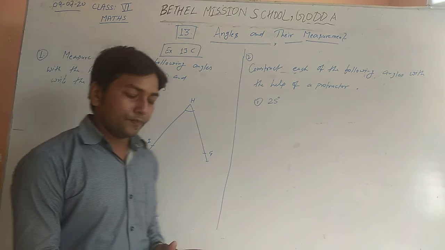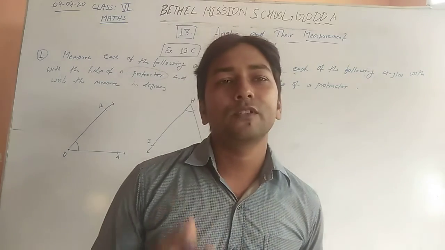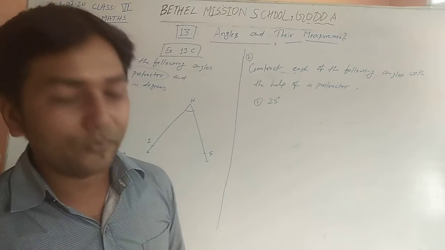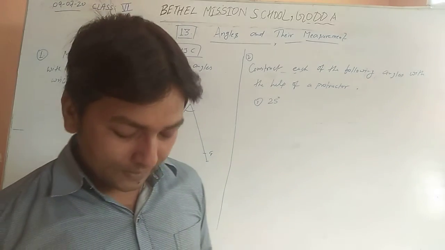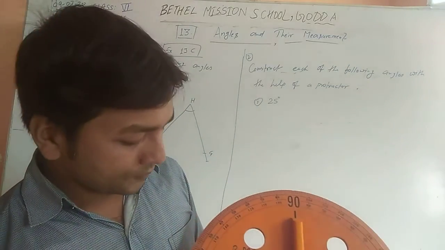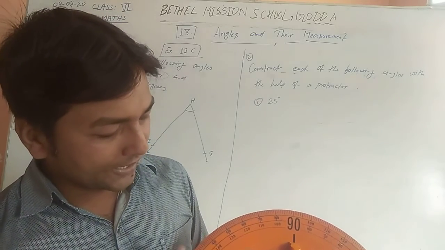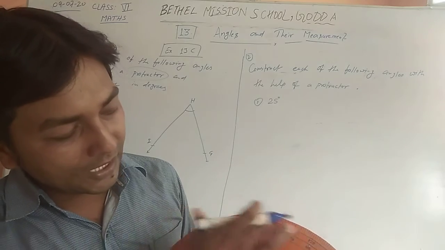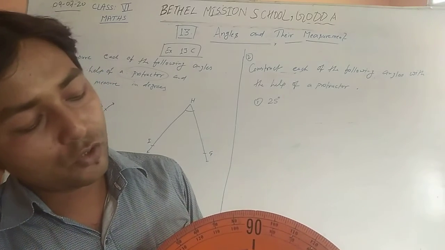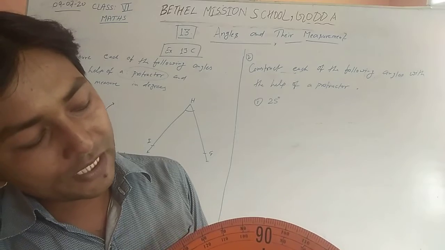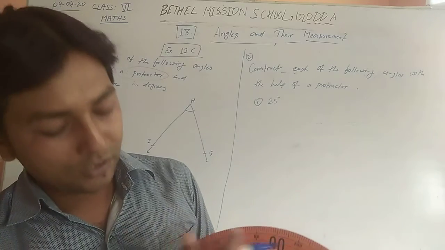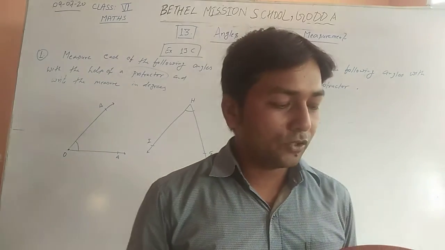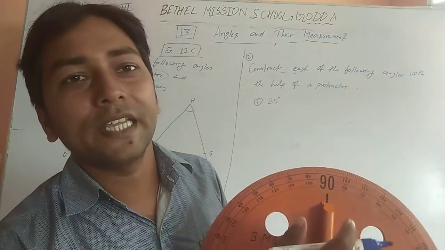First, look carefully. You have a smaller protractor. It is a protractor, but this one is made of wood, that's why it is bigger. You can see the measurement is given on two sides. 0 starts from here: 0, 10, 20, 30 up to 180. And also one measurement starts from here: 0, 10, 20, 30, 40 to 180. You can take whichever you want.